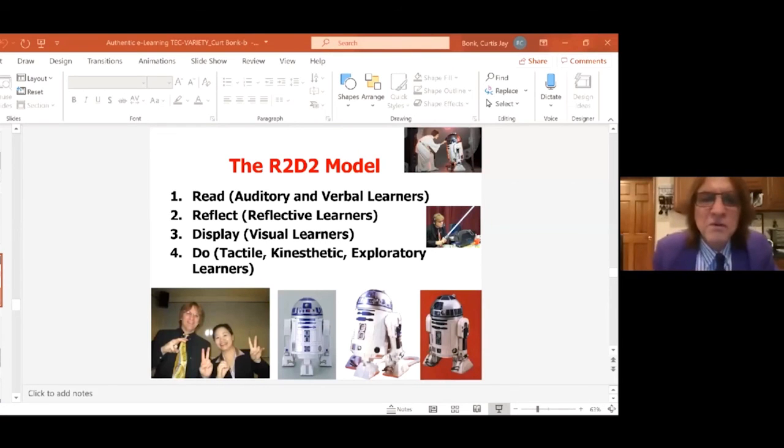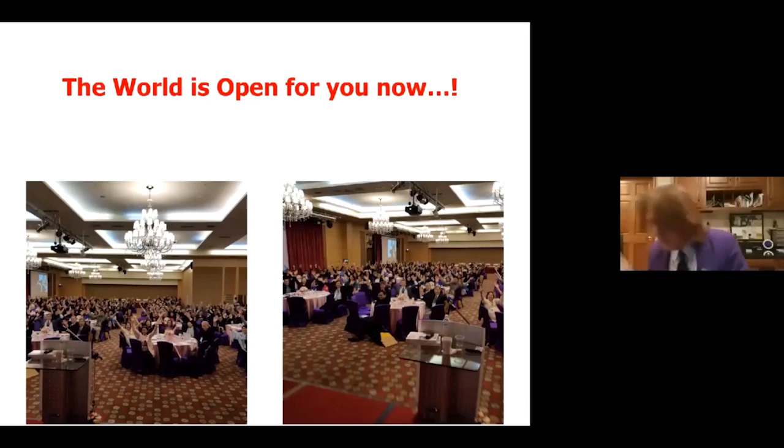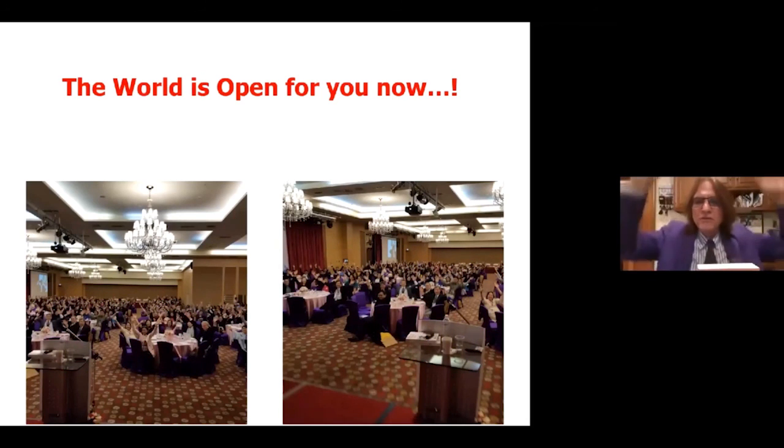Well, I'm going to do a couple of last things before we end here, because I like to end with some fun things. We just didn't have enough fun, so we'll skip over these. We've just answered those. So the world is open for you now. My book is called The World is Open. And whenever I go somewhere, I have everyone hold their arms up in the air like this, going, the world is open. So if everyone on the count of 3 can say, the world is open, I'll take your picture with my camera. Okay, there we go. Great.